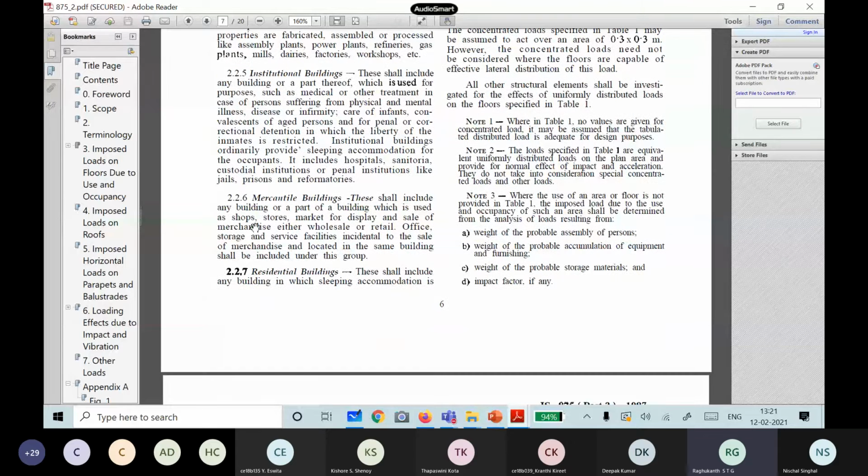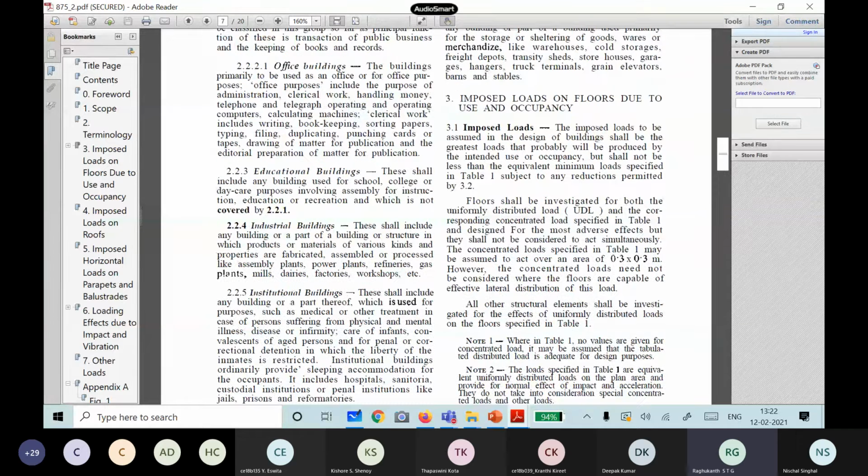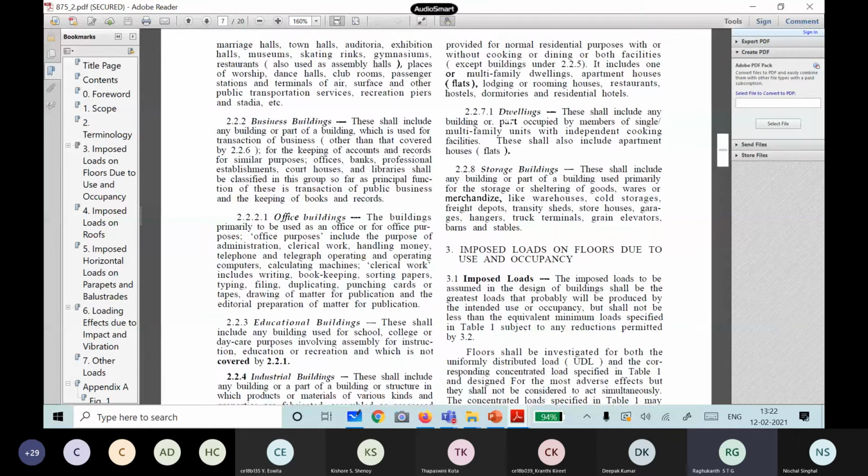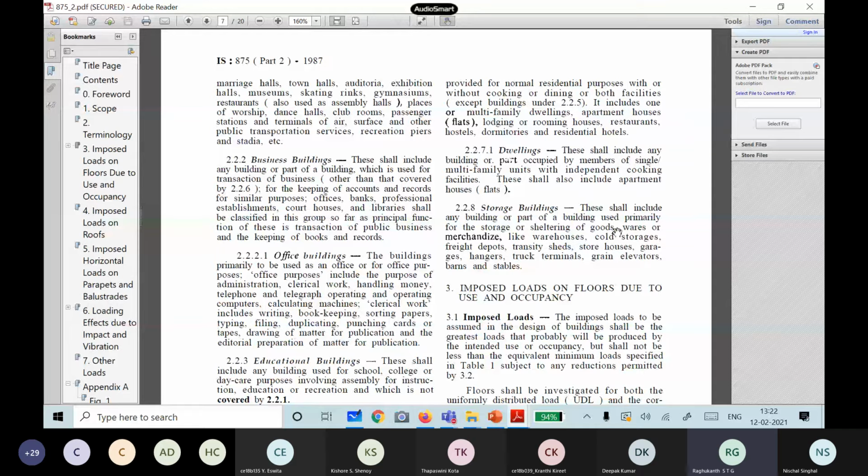You can see shops, stores, markets, like shopping malls and others, come under this one. Then finally we have residential buildings, where we are all staying, your houses, kitchens and others. So there are something like 8 classifications. And of course, sorry, the last one is storage buildings, where you store things, like a godown. Cold storages, all kinds of storages, agricultural things, and nowadays Amazon has godown storage buildings. So 8 classifications are there.